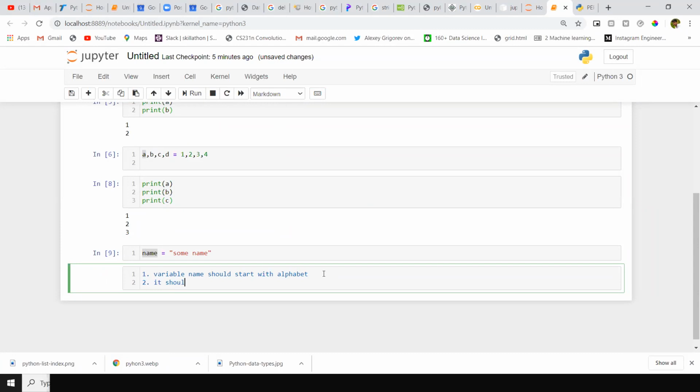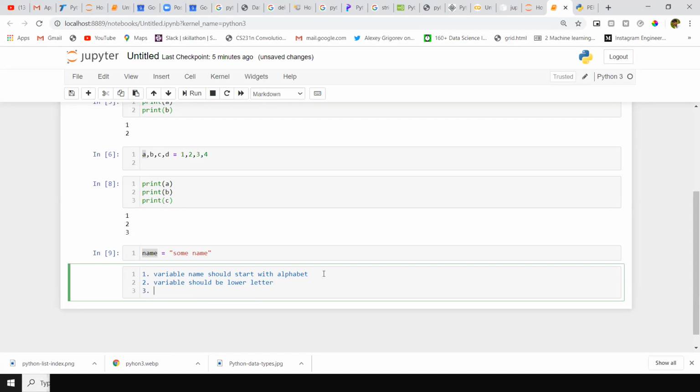It should be lower letters. You can separate the variable name. For suppose I have first name, you can separate first and name with an underscore.